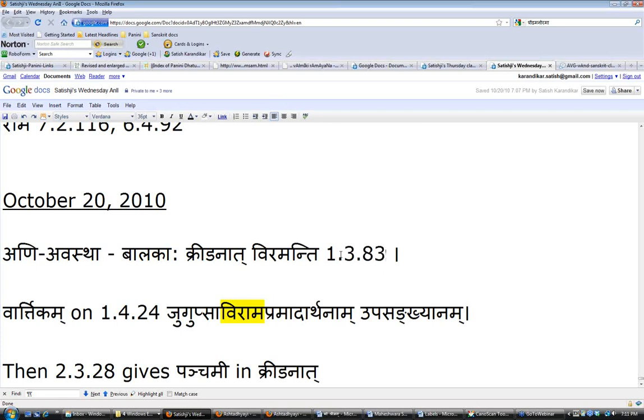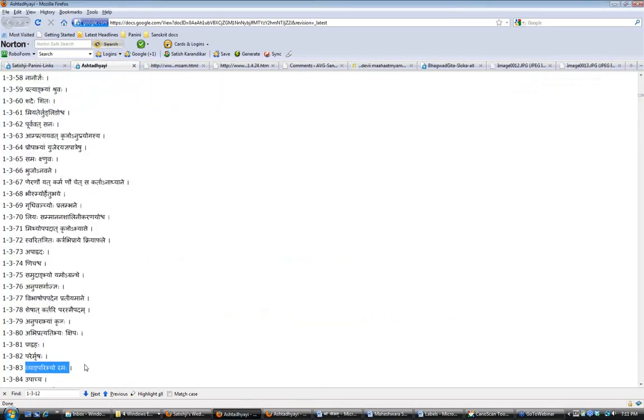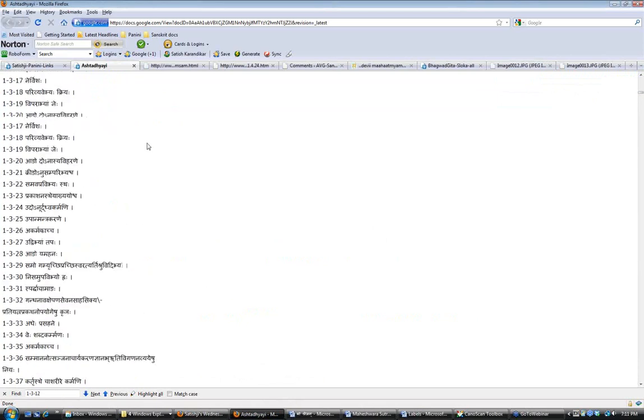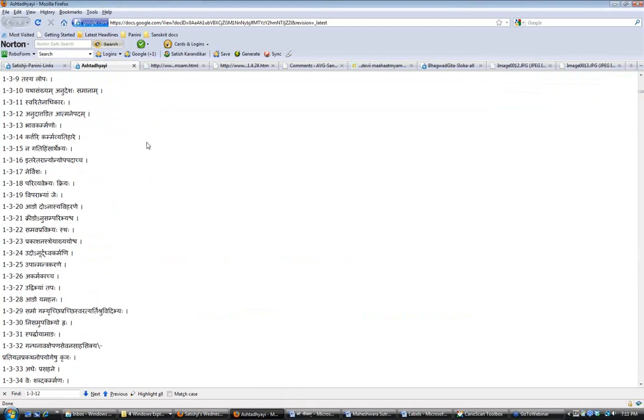And then 1.3.13 says Bhavakarmanoh, which means anything in the passive will also take the Atmanepada ending. So that's where we start from. If there is no such it letter and it's not in the passive, then every dhatu in kartari will take only Parasmaipada endings. So it goes on, and in the middle different dhatus are given with different kinds of endings.